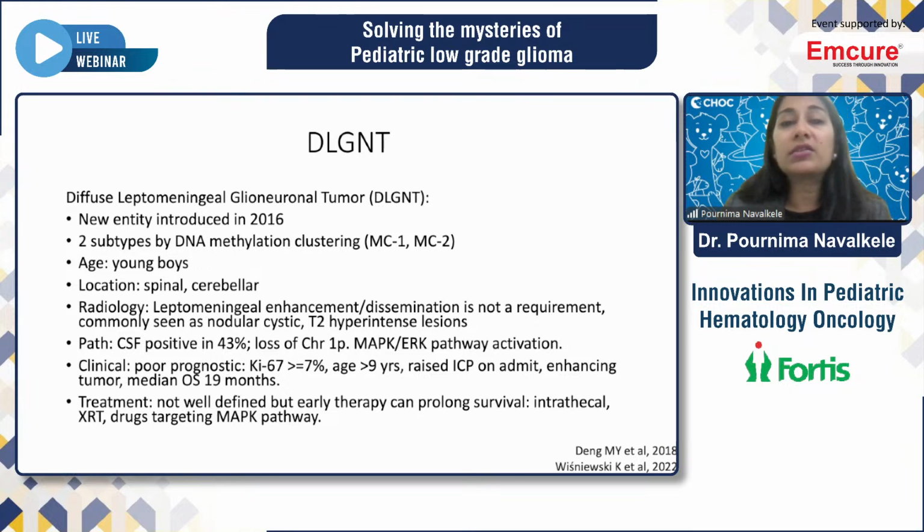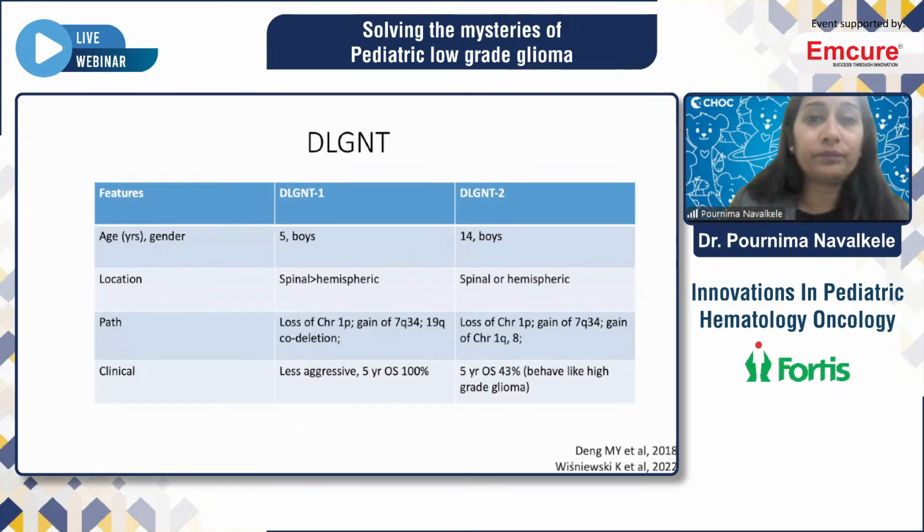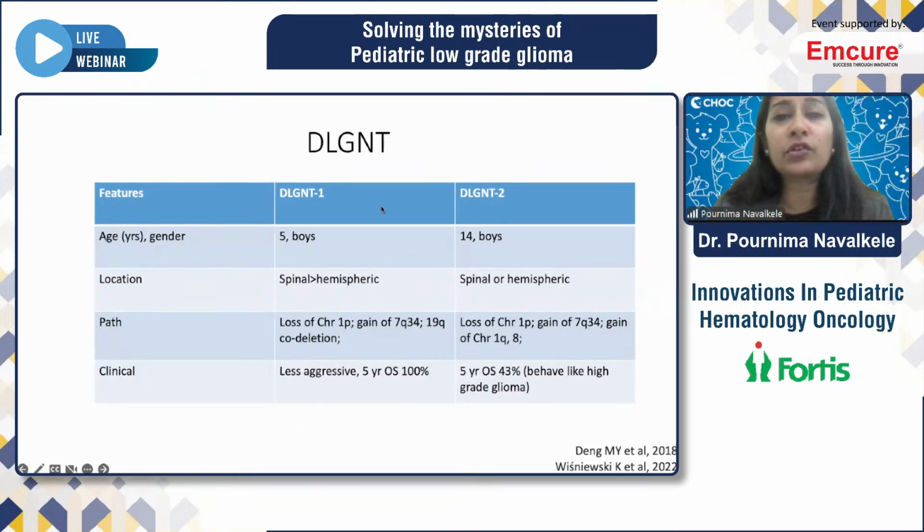The treatment is so far not well defined, but early therapy can prolong survival. So, intrathecal chemotherapy, radiotherapy, or drugs which can target the MAPK pathway, if there is a MAPK alteration, are known to work for this tumor. The specific features for DLGNT1 versus 2: DLGNT1 is seen in younger boys compared to the